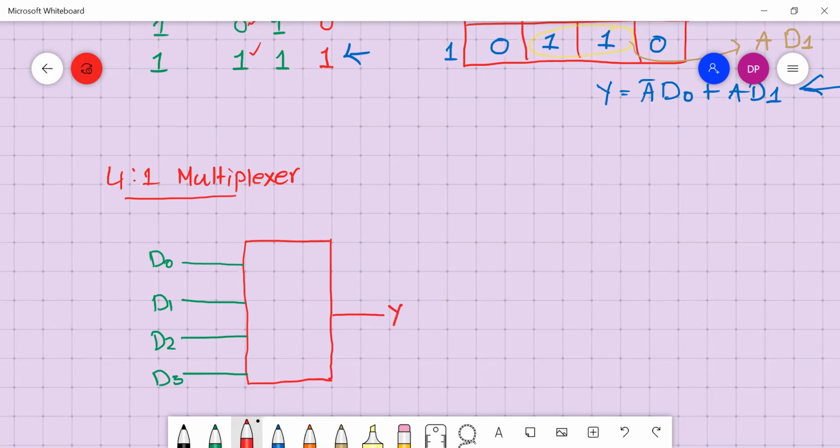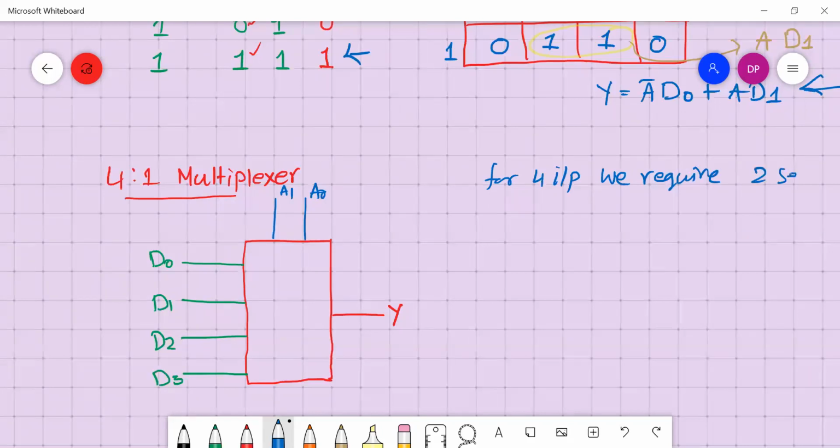As there are four inputs, how many select lines or control lines should there be? In the 2:1 mux, you had D0, D1, so you had A only. Now here we will have two, so let's take A0, A1. For four inputs, we require two select lines.